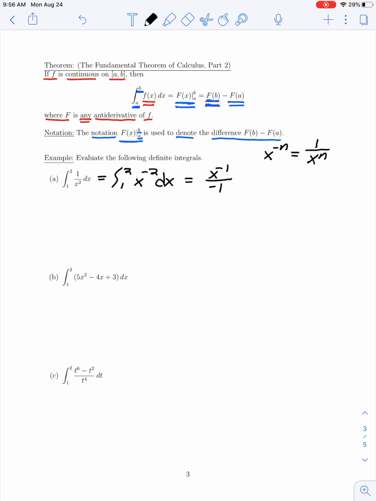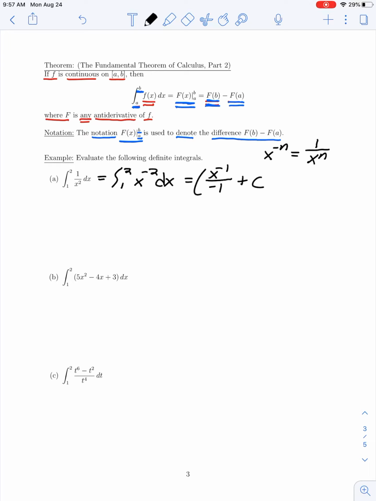So this would be an antiderivative of x to the negative 2 power. And recall, in general, once we have found an antiderivative, we could always add an arbitrary constant, let's call it c, to that antiderivative, and it would still be an antiderivative. So I have found the most general antiderivative of my function,